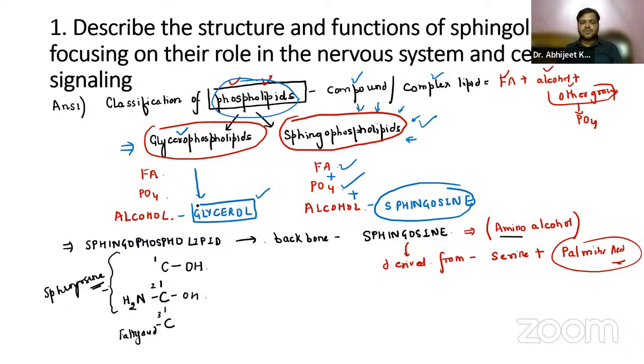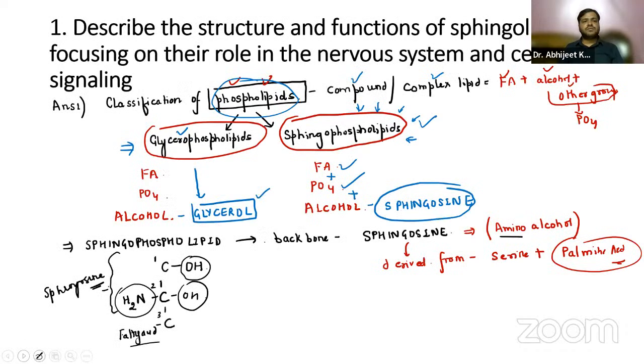So basically, the sphingosine backbone consists of a long hydrocarbon chain, the fatty acid, right? With an amino group, NH2 group, and with two hydroxyl groups. So this unique structure, guys, will help to form various derivatives also. And the one derivative that you have to remember,